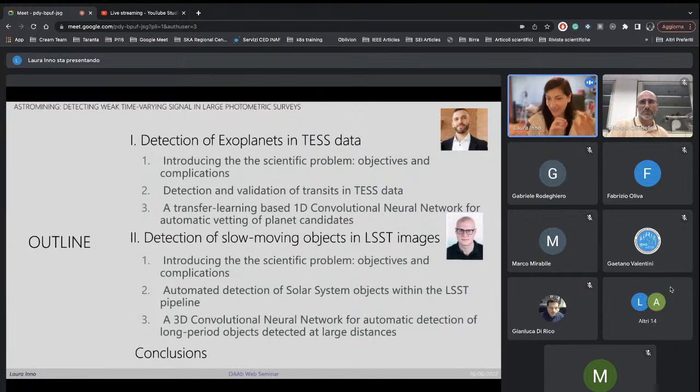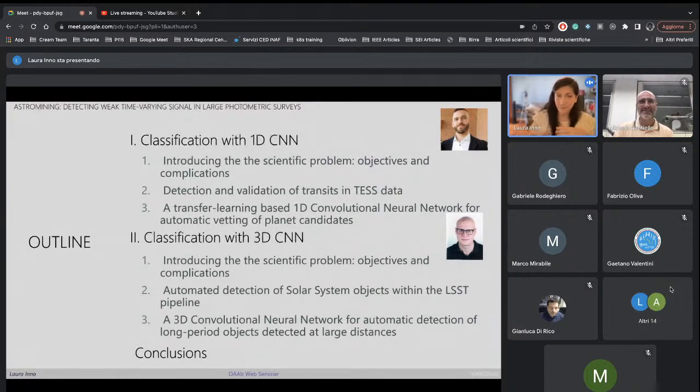It might feel like this is two different talks squeezed together, but I promise that it makes sense, because from the perspective of computer science, this is kind of the same problem. In one case we are going to use a one-dimensional convolutional neural network to do supervised classification, and in the other case we are using a very similar model, still a convolutional neural network, but a three-dimensional one, in order to do classification again.